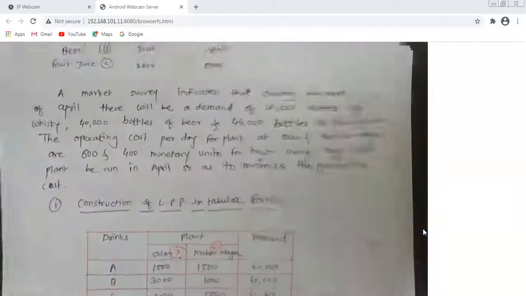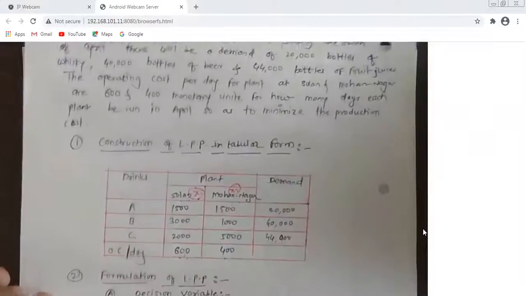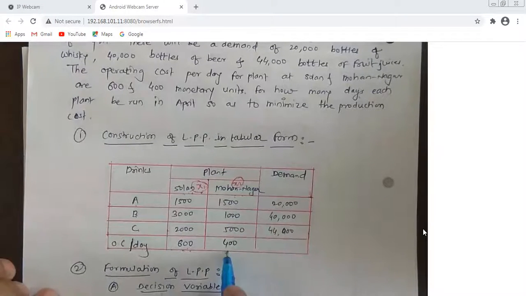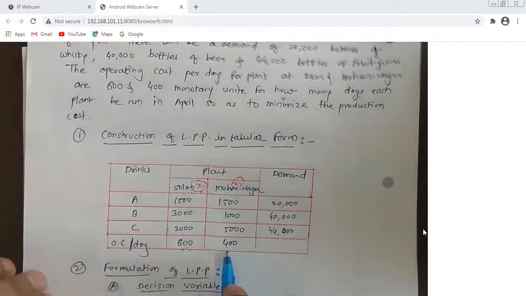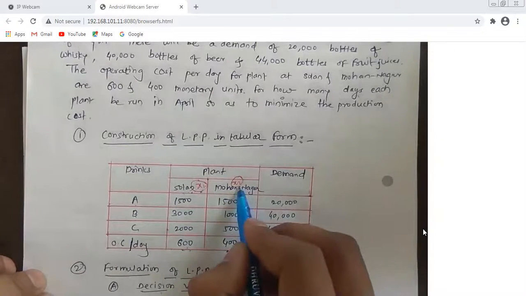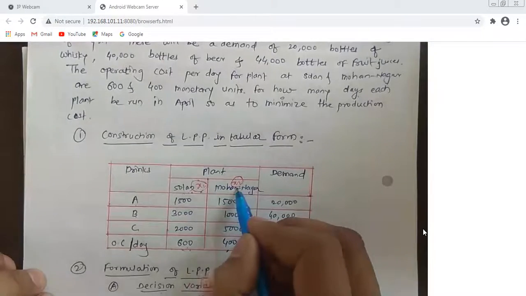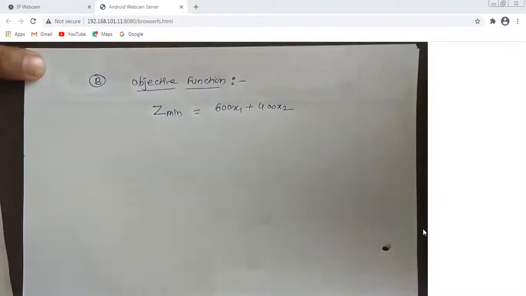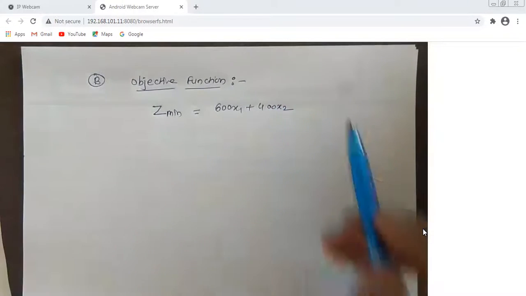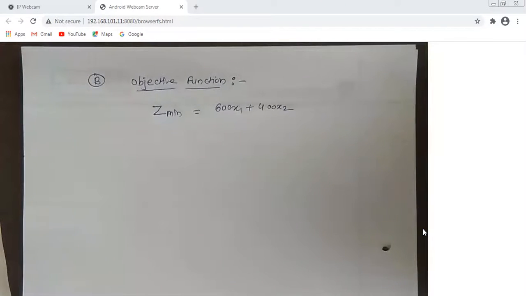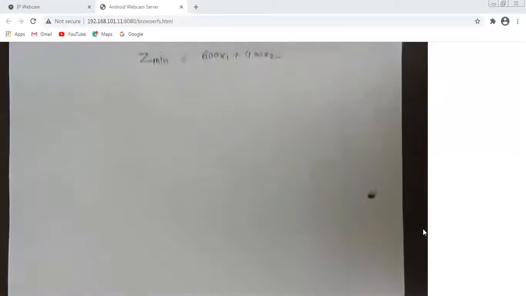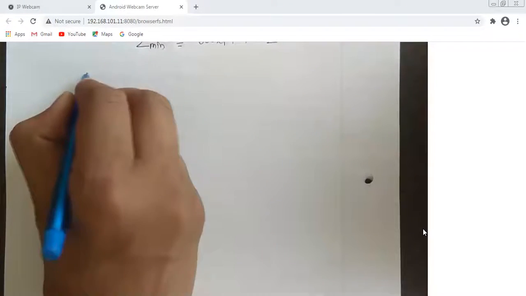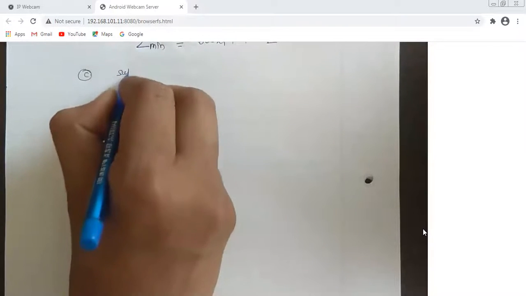Similarly, see, Mohan Nagar plant operating cost they have given is 400 for 1 day, but we have considered that the Mohan Nagar plant will work for X2 days. So what will be the operating cost for X2 days? That is nothing but 400 into X2. So I will write plus 400 into X2. Again, this X1 may be 1, 2, 3 or anything that we have to decide. So this is called the objective function, or we can say the aim that we have to achieve at the end of the solution. Now we'll go for the third substep, that is subject to constraints,